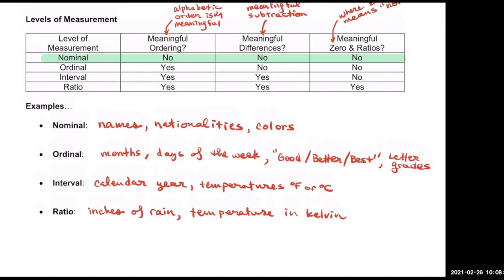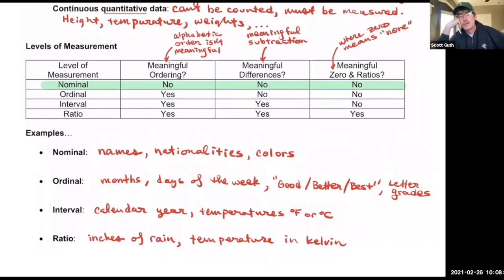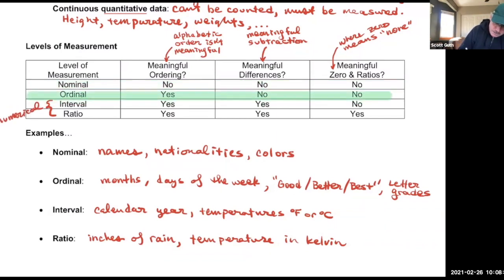Okay. So it's not basically subtraction. So we could say B is between 80 and 90, and A is between 90 and 100. Yeah, but now you're dealing with numbers, and it's okay to subtract. Once you actually start talking about numbers, then it's no problem subtracting them. So we don't want anything that's not a number to be called interval. Interval data has to be numerical, and both interval and ratio have to be numerical. Otherwise, you can't take an average of letters. Okay, and all of that's really important in statistics. And again, probably some of you are thinking, well, I bet I could, but that's because this is